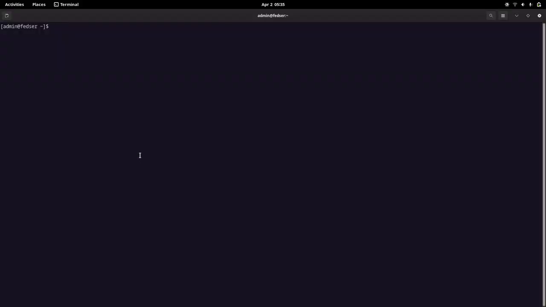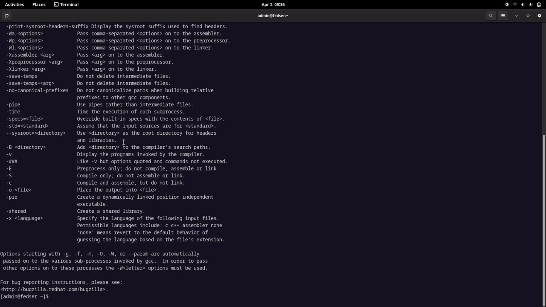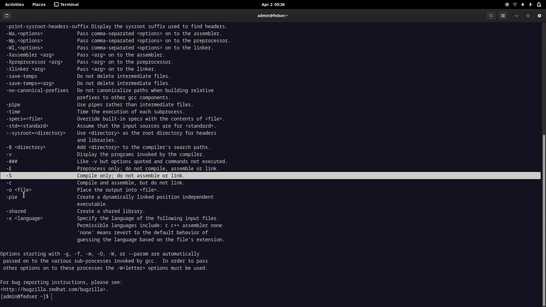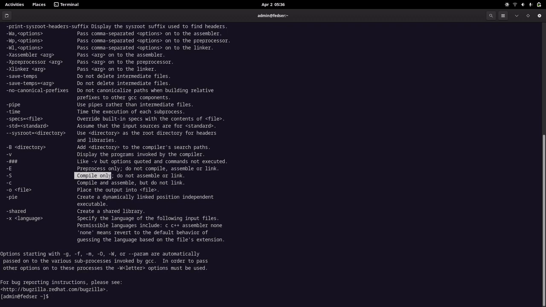Again, with the same steps, we'll try to understand what option we need to use in order to compile our source code. As you can see, the -S option helps us in compiling only our code without actually assembling or linking.